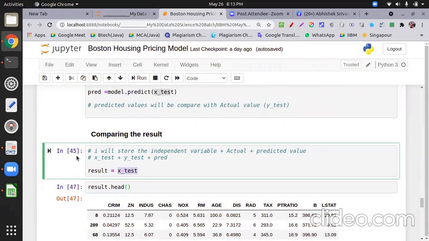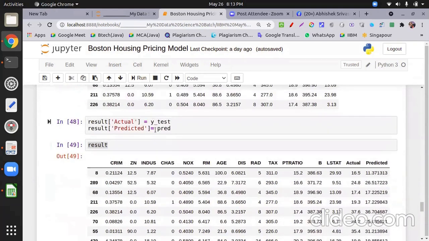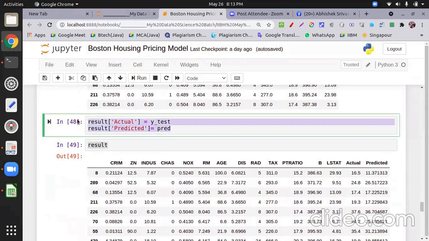This one, 48. This one is used to add the column. I just add the column over here at last. Yes, sir. I'm getting an error stating a value is trying to be set on a copy of a slice from a data frame. Try using dot loc.